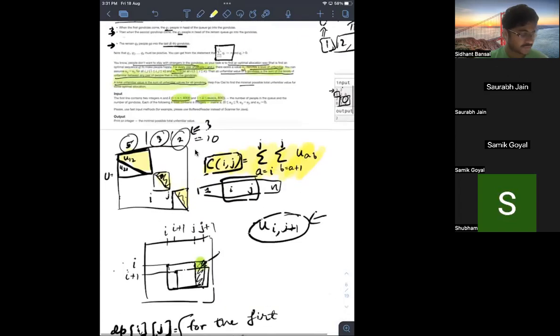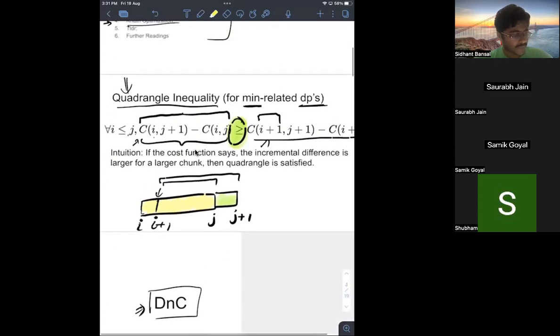I've copied out a lot of ideas from that one. So the inequality that quadrangle uses is this: the incremental difference of the cost function from i to j plus 1 minus i to j. What does that mean? If your cost function is already from i to j and you're expanding it by one position, going from i to j plus 1,